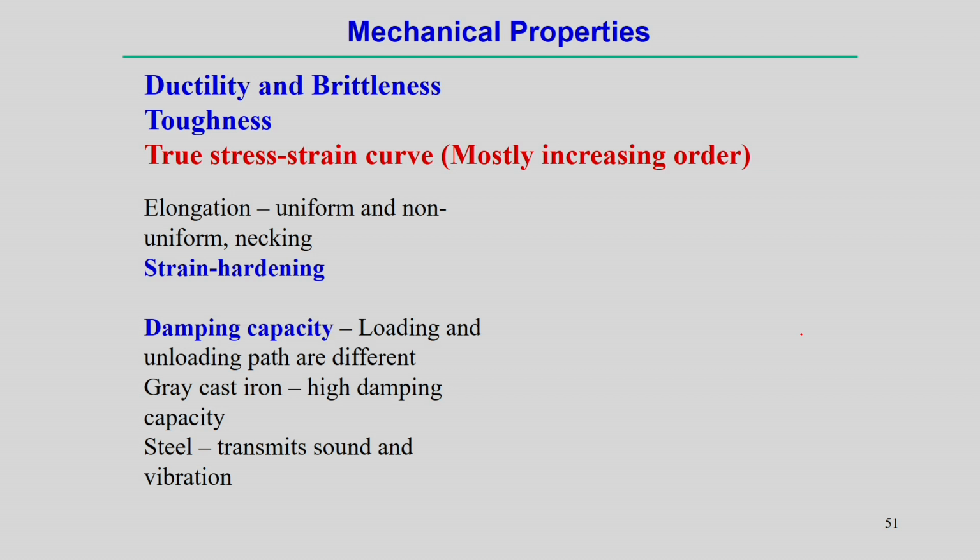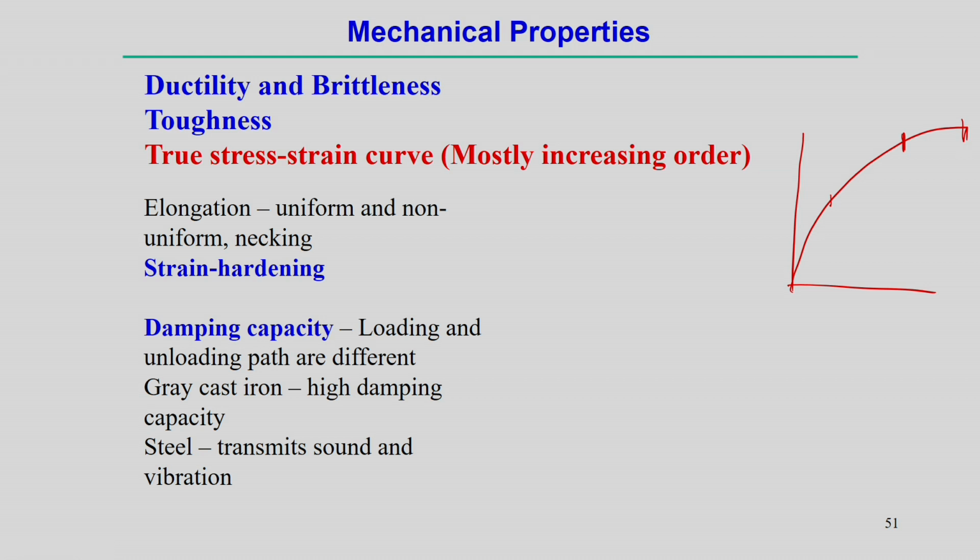Now, once we have the engineering stress strain diagram, that means stress divided by initial cross section area and similarly strain with reference to the initial size, that engineering stress strain diagram can be converted to the true stress strain diagram. The true stress strain diagram is mostly or always increasing. Here yielding point happens, and then ultimate tensile strain and fracture strain, because in the true stress strain diagram we